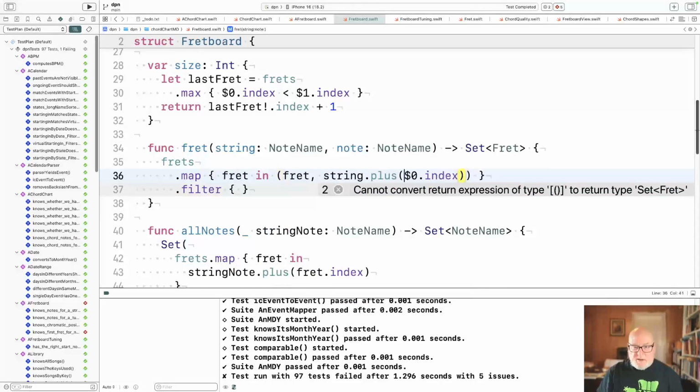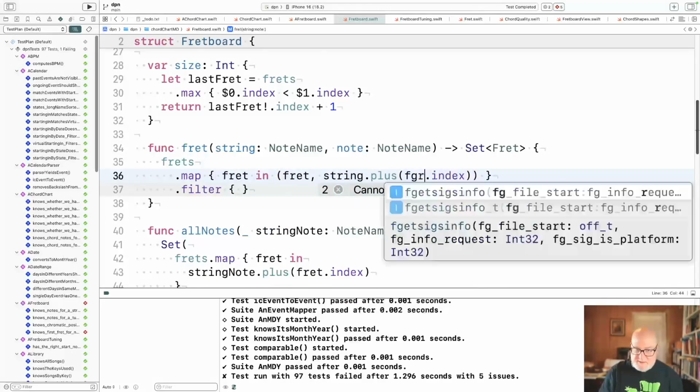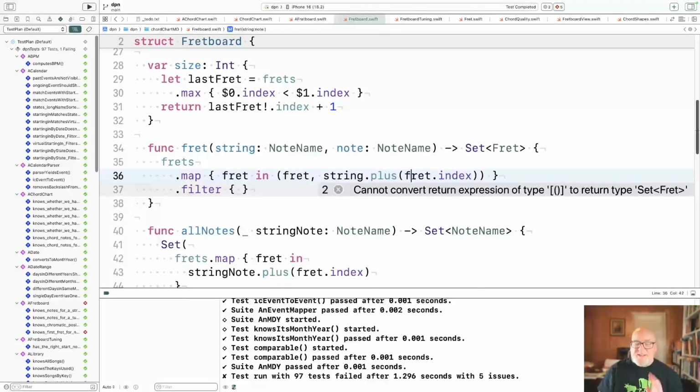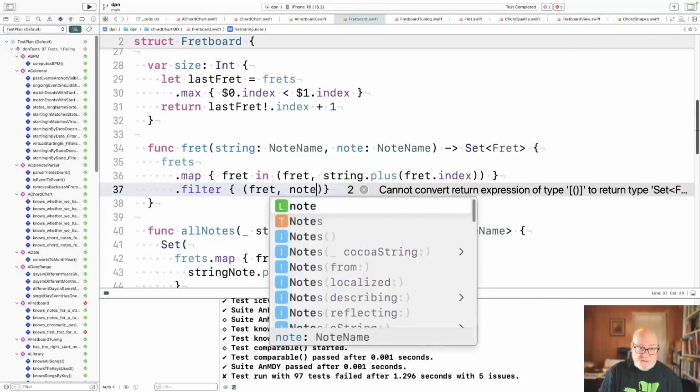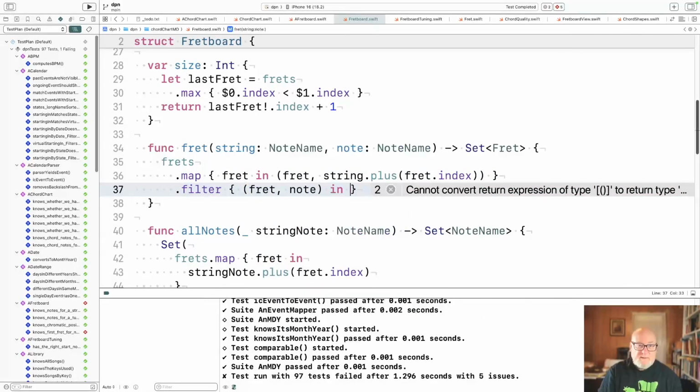So we're doing kind of an augment operation. I forget what you call it officially, but we're keeping a value and its projection under some transformation. We're keeping both those available. So string plus fret index gives us a note, and now we have a fret note in, and we want to keep the ones where, well,